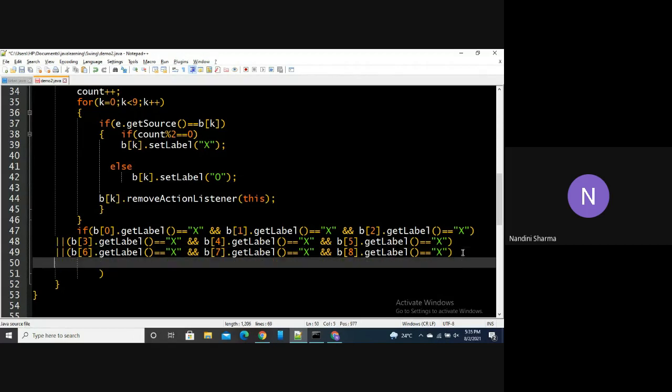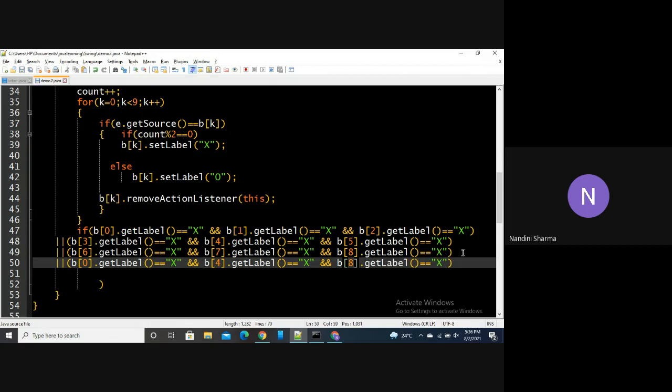Now we will code for the columns. So the first column has the buttons 0, 4, and 8.